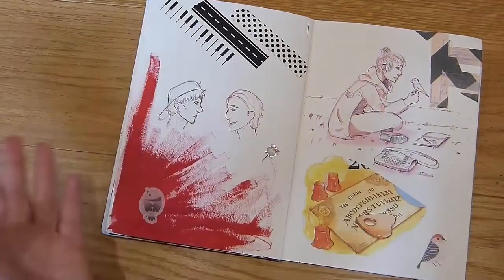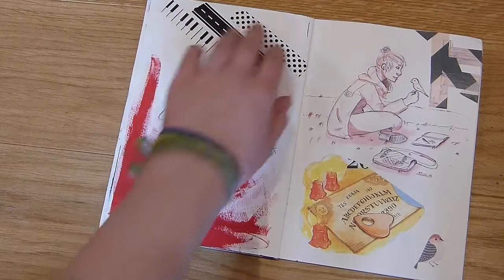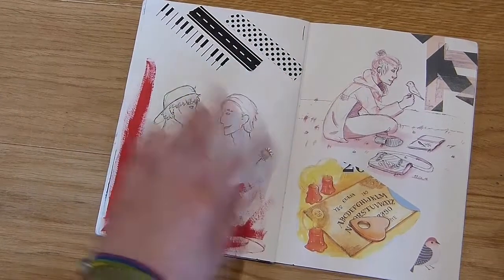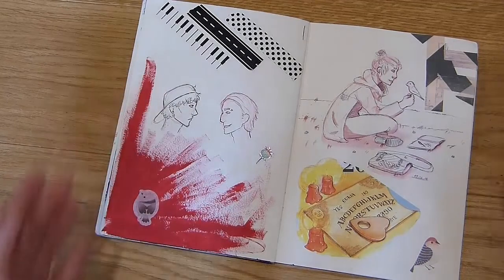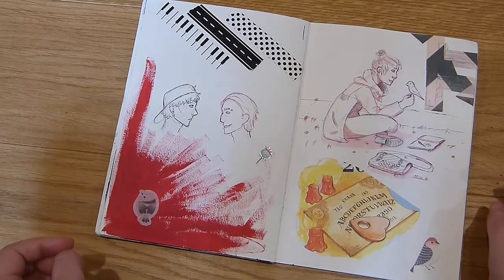And here is like the same, these are Pato and Reese, and then I don't know if I wanted to draw something above or here, so I just put some acrylic paint here, put some washi tape there, sticker there, sticker there. So this page was filled because I really wanted to finish the sketchbook, because the paper